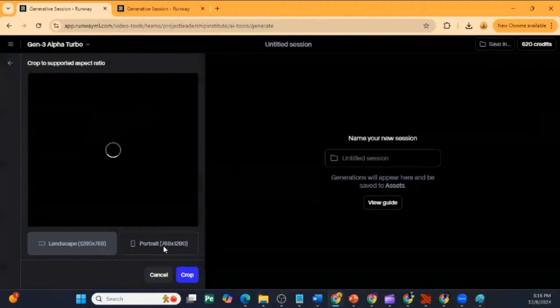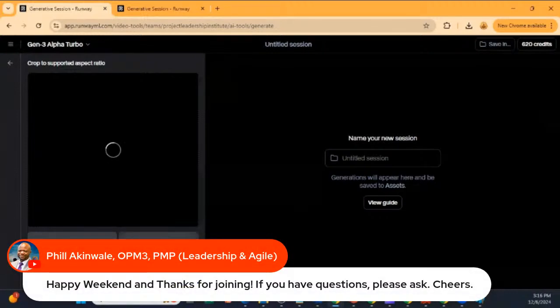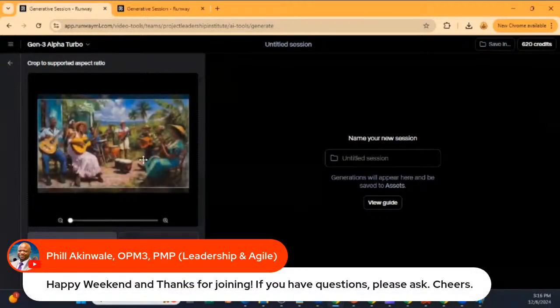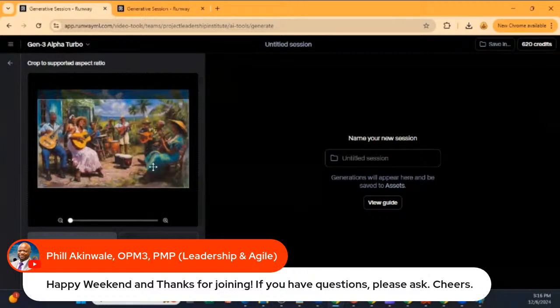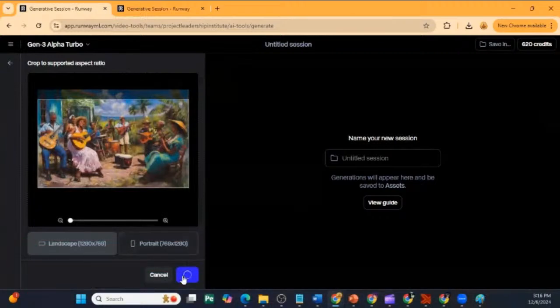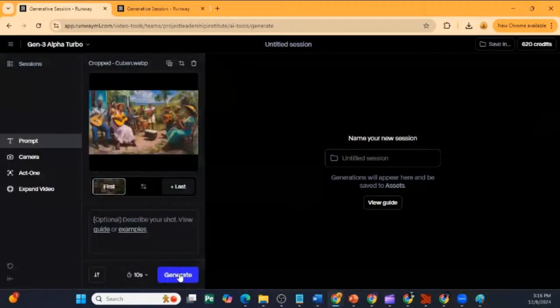And it's going to crop it so that it's exactly 768 by 1280. And just make sure we got all the information in there. Hit crop. I usually go with the bottom and then to wherever it can go up, just to make sure I get their feet and don't lose that. And now in Runway ML, what I need to do is